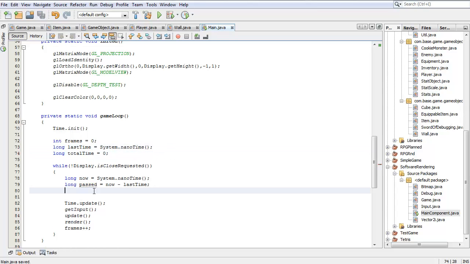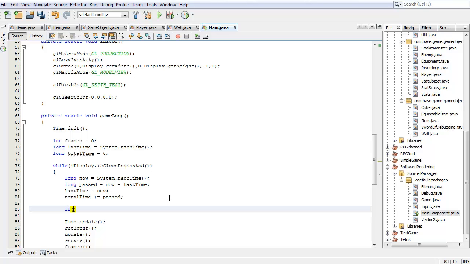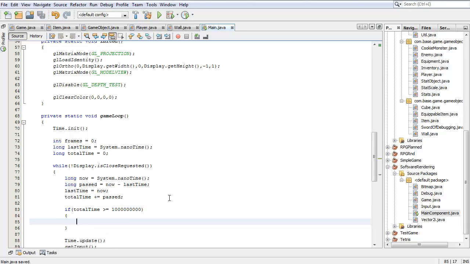And then I'm going to also have some amount of total time, which is going to start out at 0. Total time is going to increase by the amount of time passed. And I'm also going to set the last time equal to the current time, because, hey, that's how it works, right? So this is literally just going to count the amount of time between every single frame. Now this is counting in nanoseconds. So when this total time is greater than or equal to 1 billion, because there are a billion nanoseconds in 1 second, then I'm going to reset total time,